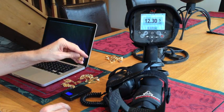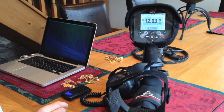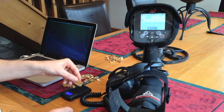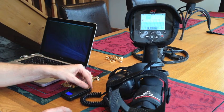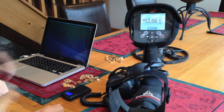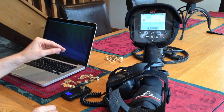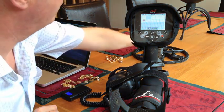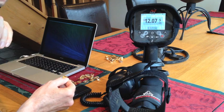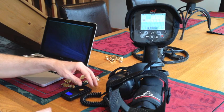A little plaque, that was 14 carat, 1.7 grams, 1203. Another plaque, it's one of those blood group things, 18 carat, 3.7 grams, 1206. And we've got another signet ring, 18 carat, 2.5 grams, 1207. Another little plaque, it's mother and child or something, 18 carat, 1.4 grams,